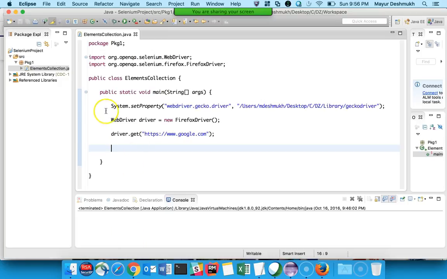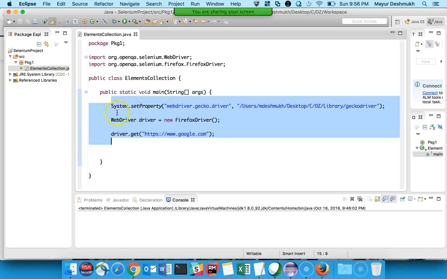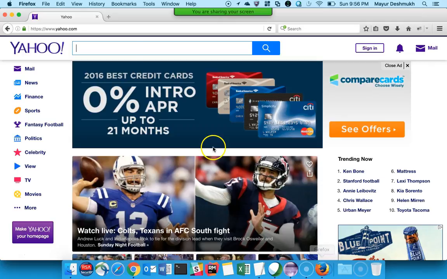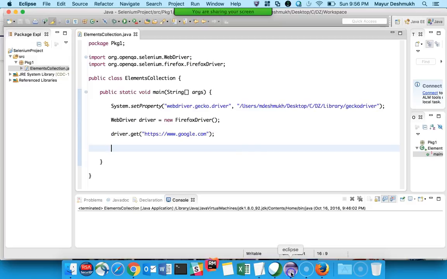So I have written the first three statements. First, setting the properties for Gecko driver for Firefox. Then we are launching the driver. WebDriver is equal to new FirefoxDriver. This will create the instance of Firefox driver. And then we will go to some site. In this case, we want to navigate to yahoo.com. So let me copy the URL and go to this place here. Okay. Now after I navigate to Yahoo,